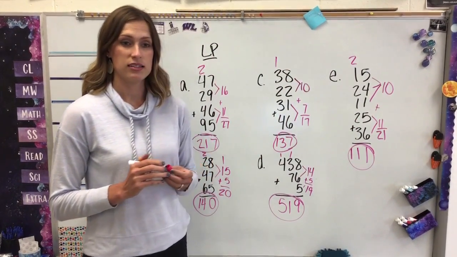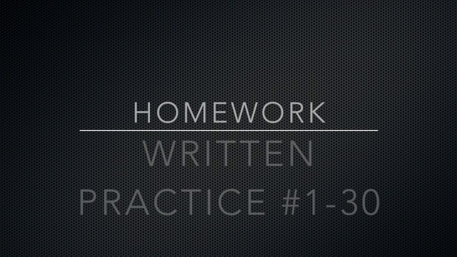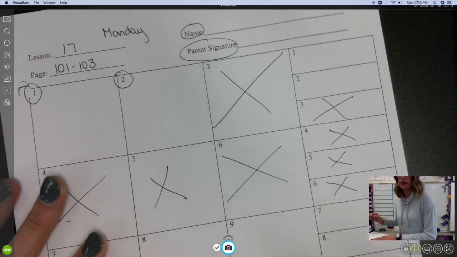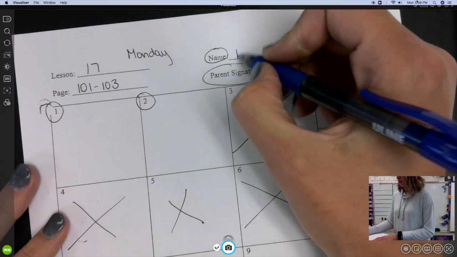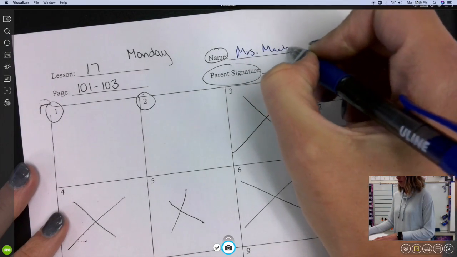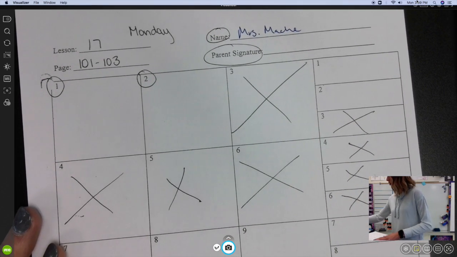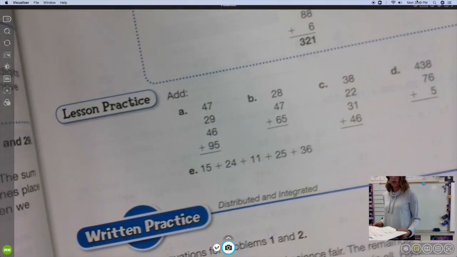That's all of our new concept for today. Let's go ahead and rock out some of our problems together. All right, let's get going on some problems. So make sure that your name's on the top. Then today we're going to go over problem 1. So if you're in your book, lesson 17, starts on page 101. Number 1